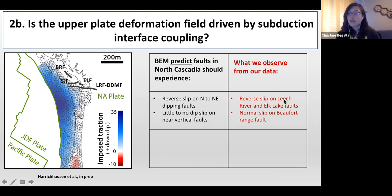Well, we are seeing reverse slip on the Leech River and Elk Lake faults. The Leech River is pretty near vertical. The Elk Lake has a more moderate dip. So that's somewhat compatible, but we are finding pretty extensive evidence for normal slip, extension, and transtension along the Beaufort Range fault, which contradicts the compression that would be predicted from these plate boundary tractions. But more importantly,